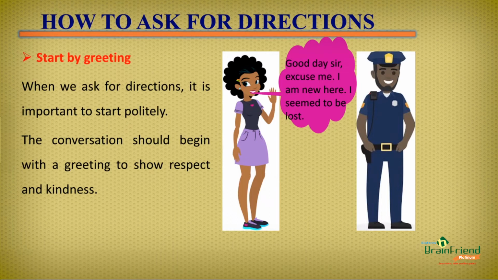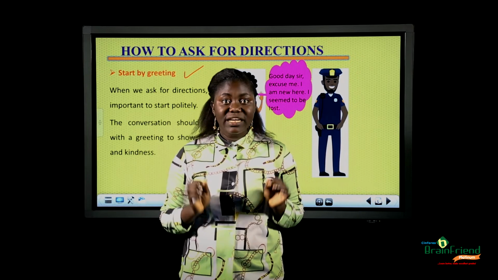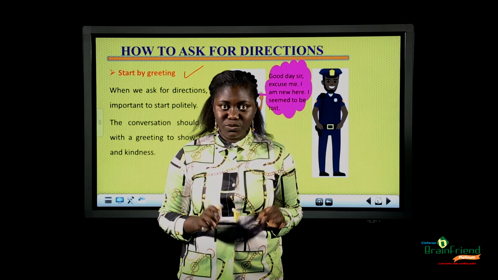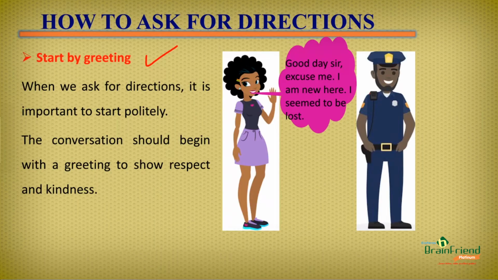First, we start by greeting. When we ask for directions, it is important that we start politely. The conversation should be started with a greeting, which is a sign of respect and kindness. Let's take a look at an example. This is Tola, and Tola is about asking for directions from a police officer. She starts by saying,